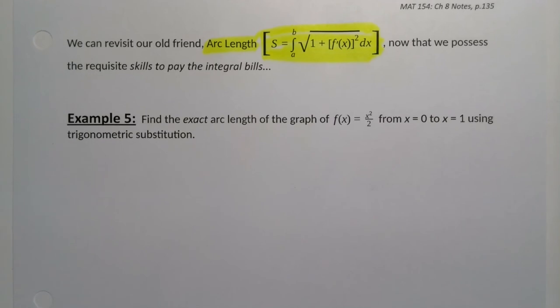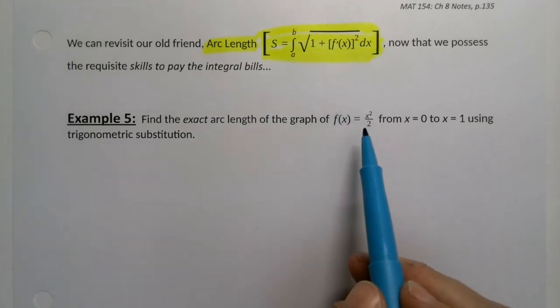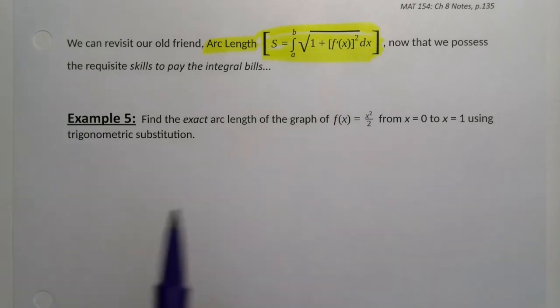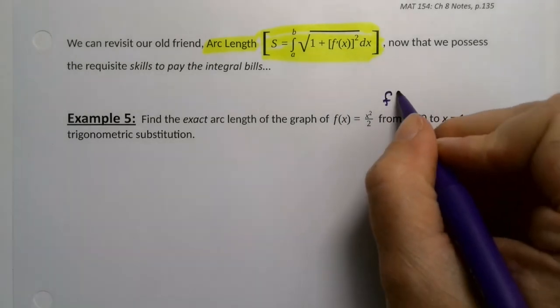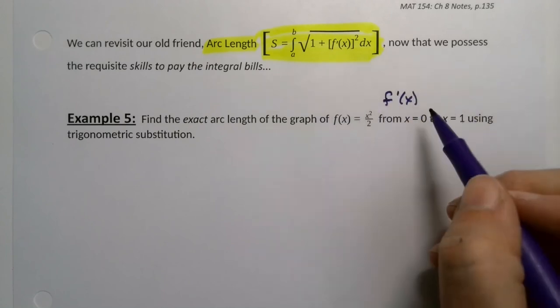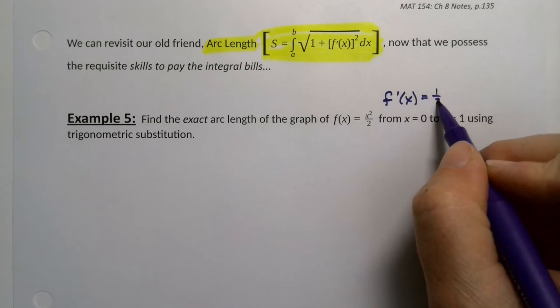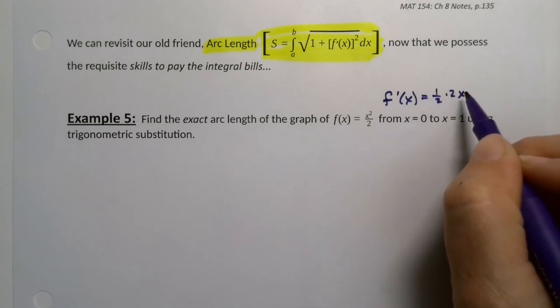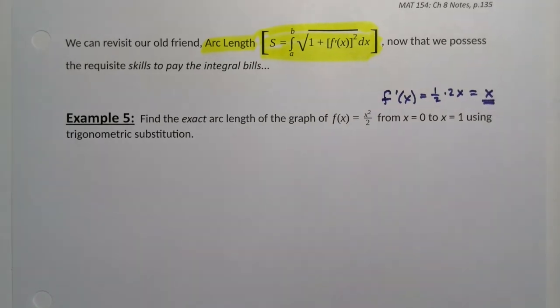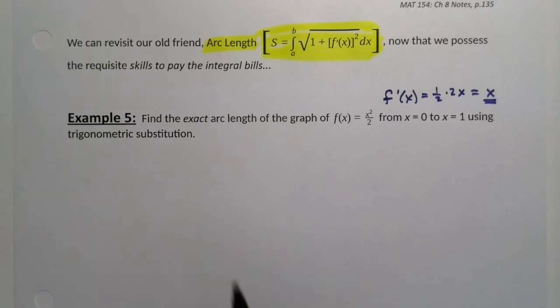So let's see here. If I look at my particular problem right here, I notice that the derivative of f of x, f prime of x, which I need, of course, for the arc length formula, would be 1/2 times 2x, right? Because you bring the power down. In other words, it's just x. So then when I want the arc length,